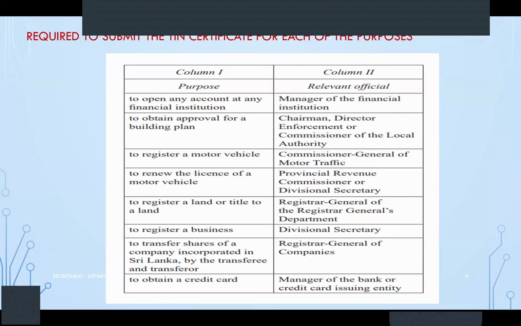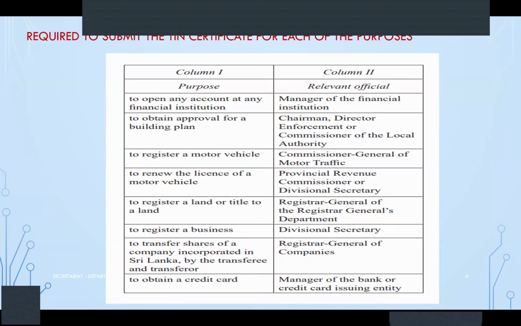Why do you obtain a TIN? It is a must. It is a legal obligation of these persons to obtain a TIN. Without obtaining a TIN, you cannot do these things. Therefore, obtaining a TIN is compulsory, and you can check your TIN number through e-service,